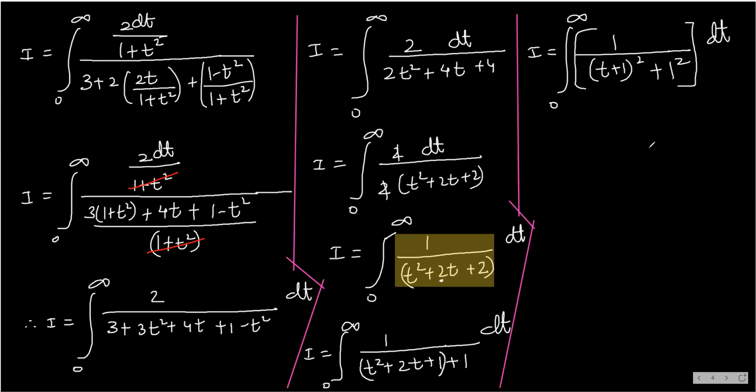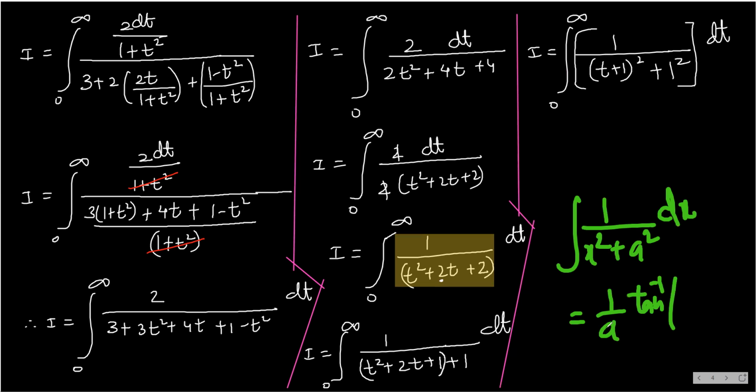Now we are getting a theory from set 1 results. Set 1 results, that is, if you remember, we have done this in indefinite integration. Integral 1 upon x square plus a square dx. What was it? It was 1 over a tan inverse of x over a plus c. So it is variable square plus constant square. Same thing here. You see this? I will use this result.